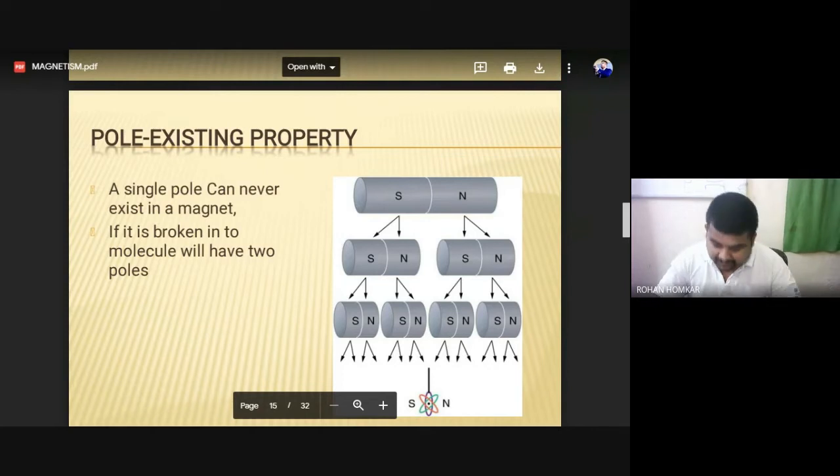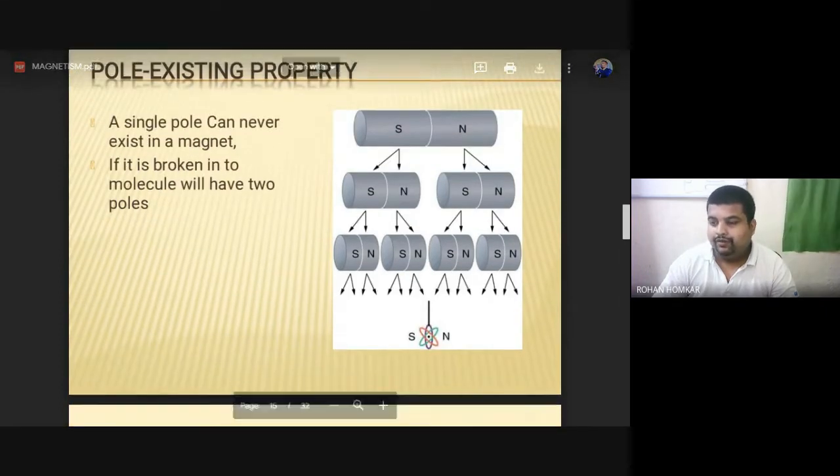When we cut it, or the magnet is accidentally broken, whether you purposefully cut it or it is broken, it will create another set of magnet. It means it will create two different magnets because of the one cut. That is the pole existing property of the magnet.